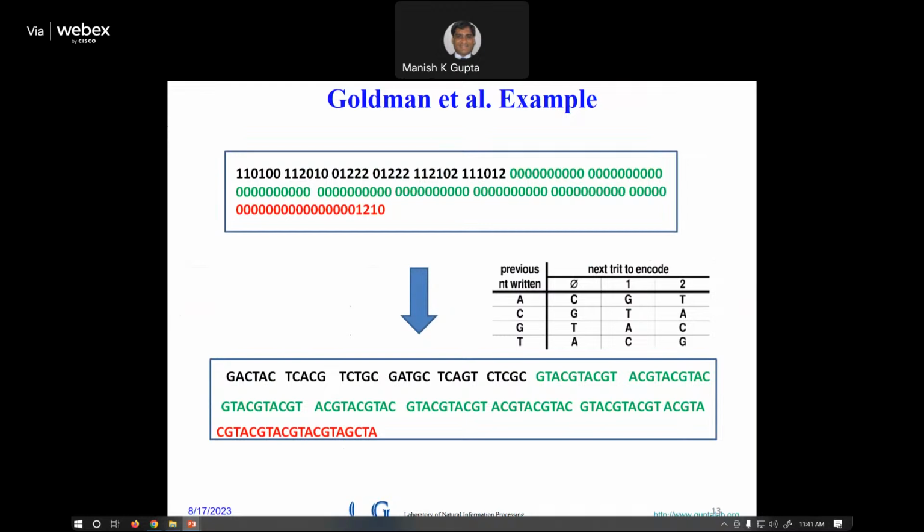Can we extend from ternary to more than ternary? Suppose we go to quaternary or Q symbols. If there are Q symbols, can we have this kind of map? That's an interesting mathematical question we asked. One of my students says that, the way it is constructed, for more than 3 it's not very